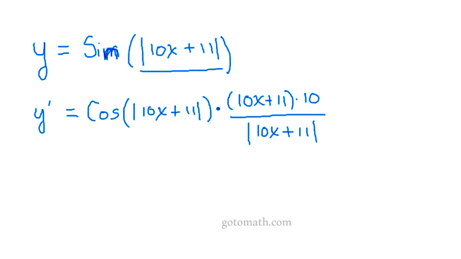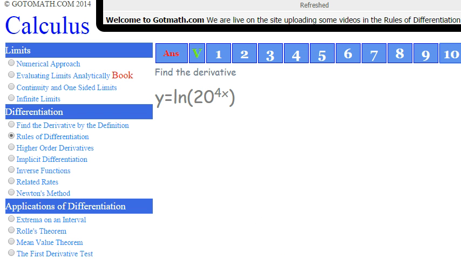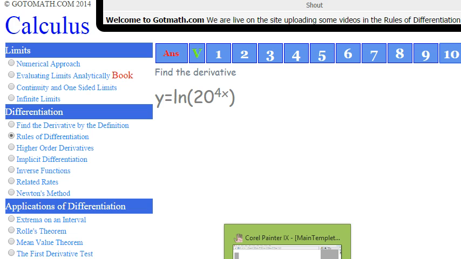Let's move over to the classroom and let's erase that, because the last instructor, I don't know what's up with that. They need to start erasing the board. I forgot what the problem was. The natural log of 20 to the 4x, yeah, okay. Y is equal to the natural log of 20 raised to the